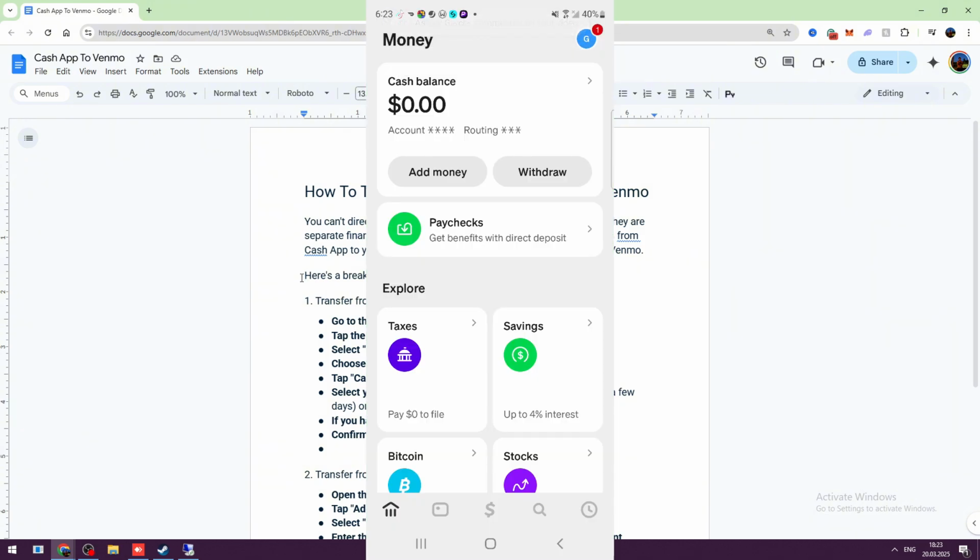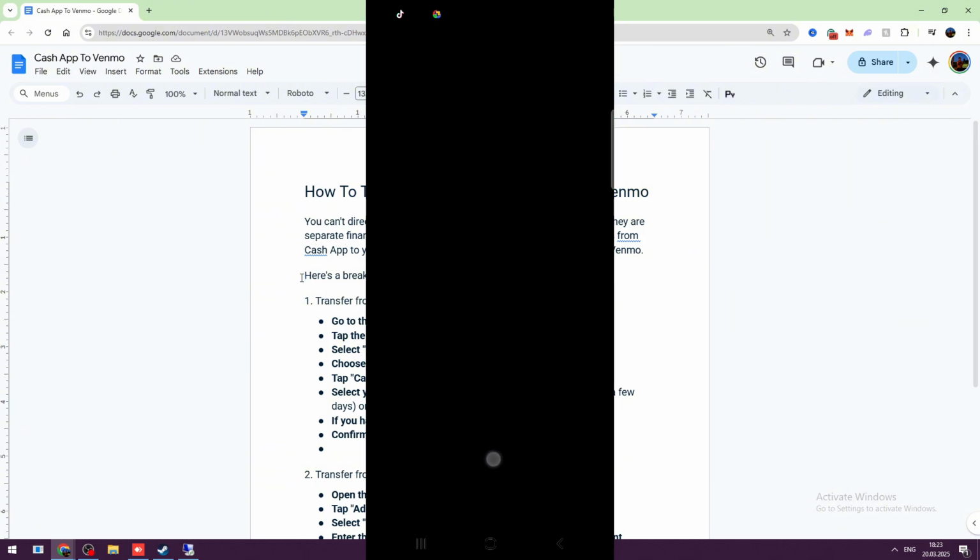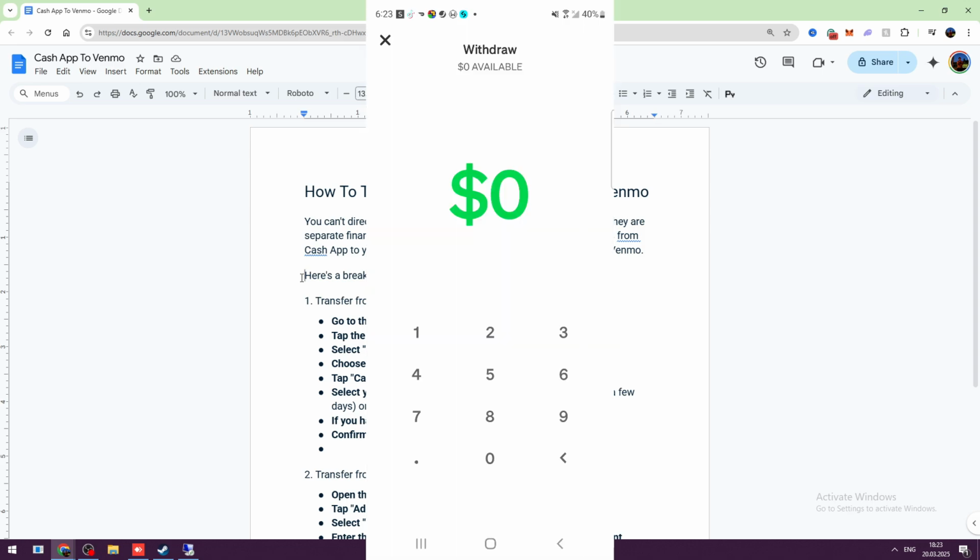Then click on your balance right here. You need to scroll down and select withdraw. Then enter the amount you want to withdraw and select the card you just linked to your Cash App account. Once you have transferred your money from Cash App to your bank account, then you need